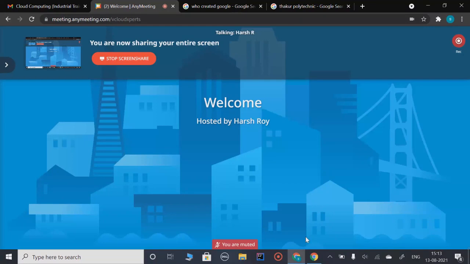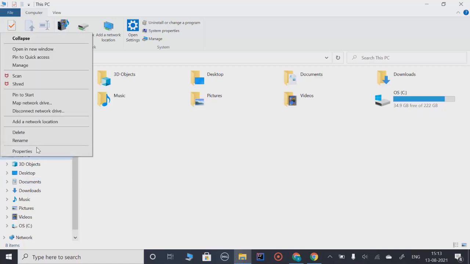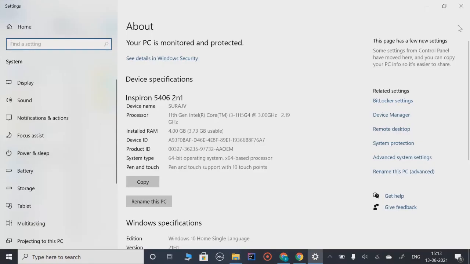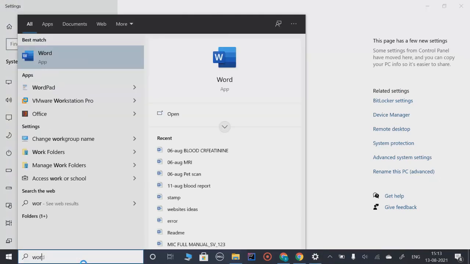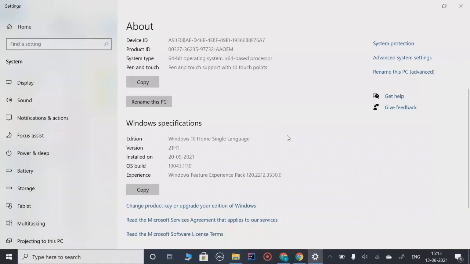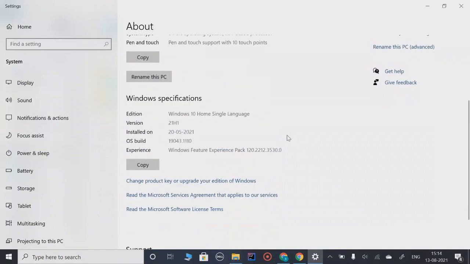So Suraj, you can go to your this PC, right click properties. We can see your screen now. Where you see that option of work group. यहीं पे है नीचे. If you scroll, you have more details. Your screen is zoomed, I think. Okay, you can go into that another option where you saw that.